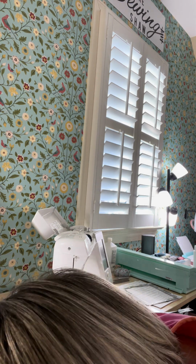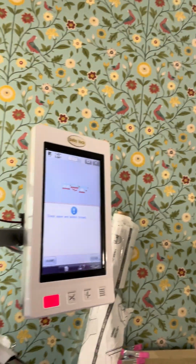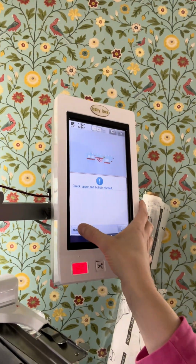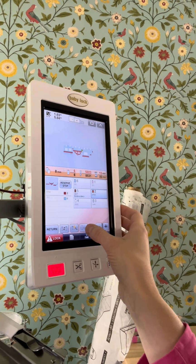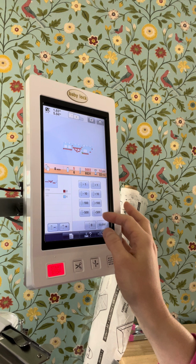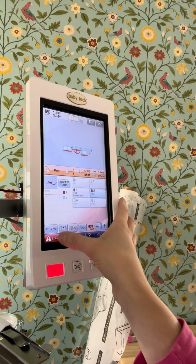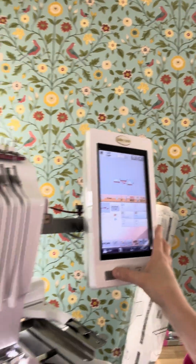Stick back the bobbin, and then I'm going to actually show you what I'm going to do next. So I'm going to clear this out and say close, and then I'm going to click this button with a needle and a plus and minus, and I'm going to bump back 20 stitches, and then lock and start from there. I'll show you what it does,